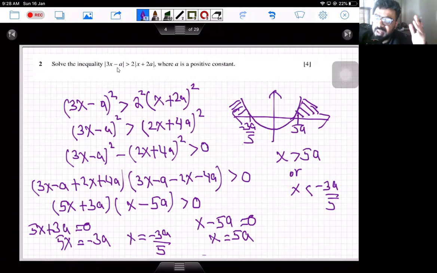For example, in a modulus equation, when you have the mod function on both sides and you are getting only one root, obviously the other root would have been cancelled out. I mean, the x variable would be cancelled out over there. Whenever you have the mod function on both sides of the equation or the inequality, and two roots are coming, both of them are valid, you don't need to check the validity of the roots in this case. So this was question number 2.